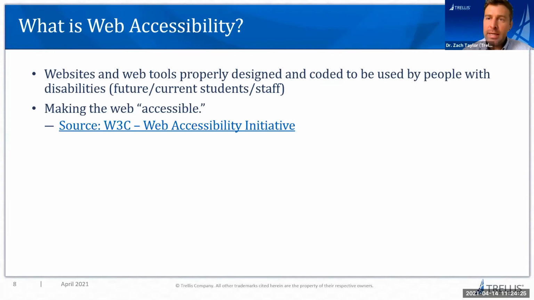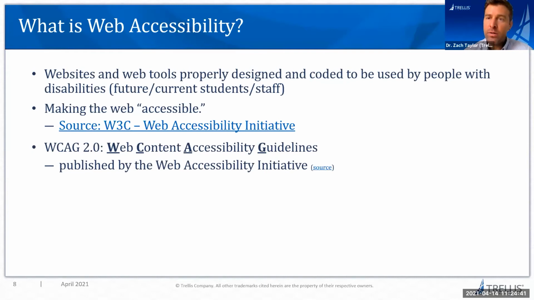The W3C is the Web Accessibility Initiative way back in the early 1990s when the web was really being developed and scaled for widespread use worldwide. And there are a list of standards associated with that Web Accessibility Initiative. They are called WCAG standards, or the Web Content Accessibility Guidelines. We have linked that source here in the PowerPoint deck, which we will share with everyone after the presentation today.